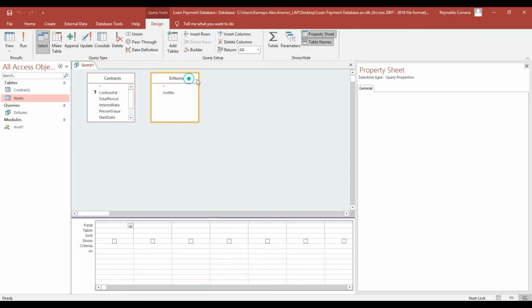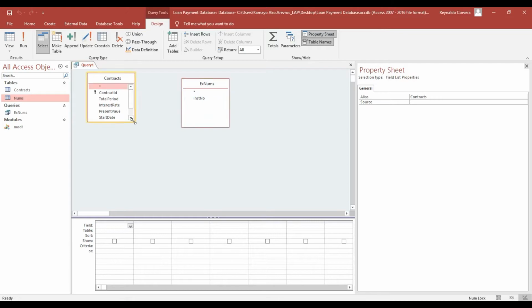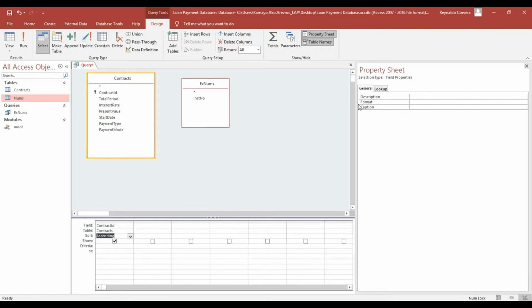I will just adjust first. I will select this contract ID, then I will drag here field, then I will make ascending, I will adjust,